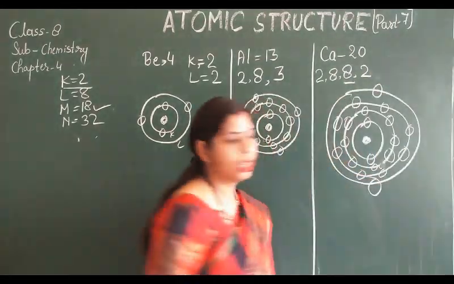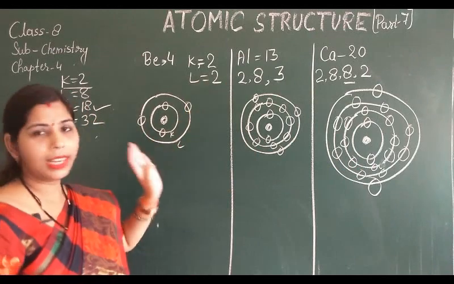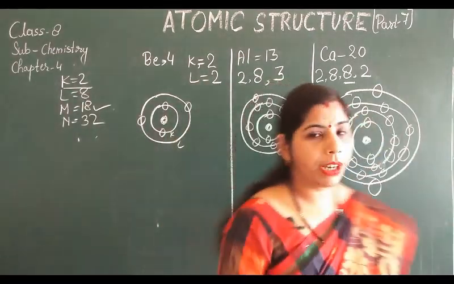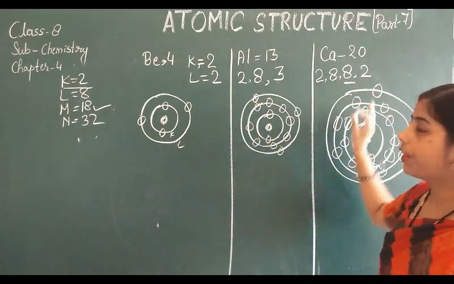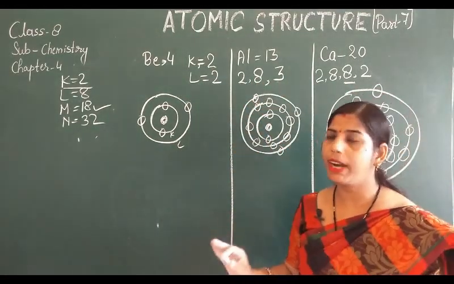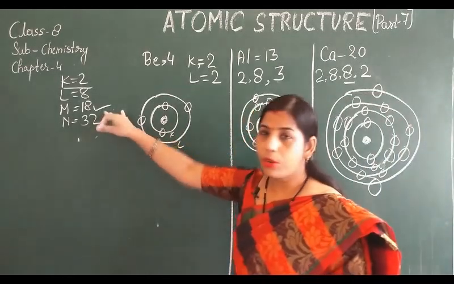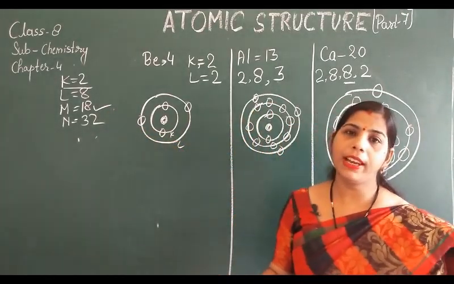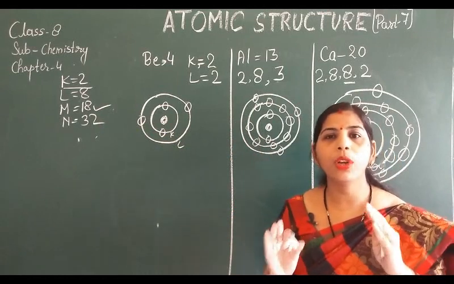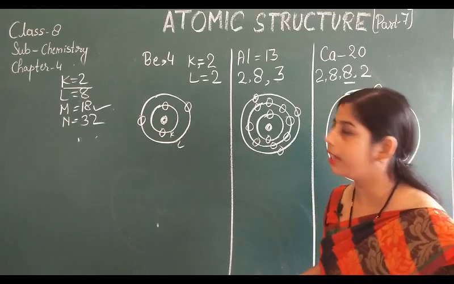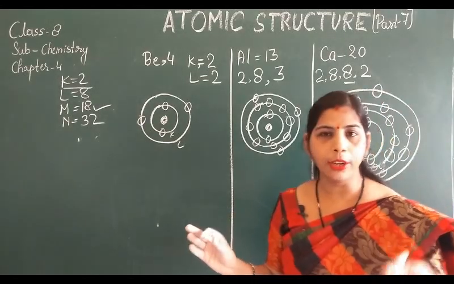So in this way we can show the diagram of electronic configuration, and these are the electronic configurations, but you have to keep in mind the octet rule, because the octet rule says a valence shell can accommodate only 8 electrons, whether its capacity is more than 8. And for the 2 elements, the duplet rule is there.